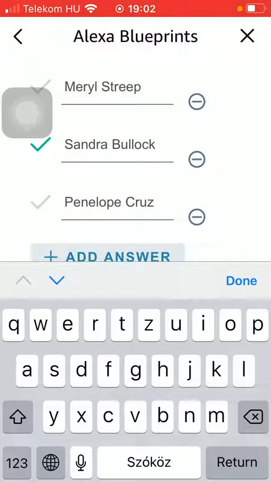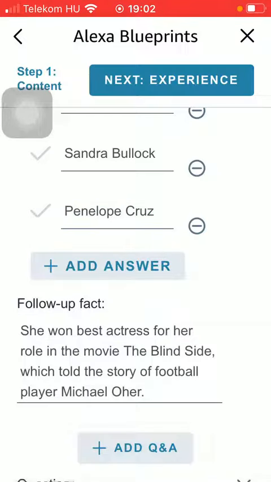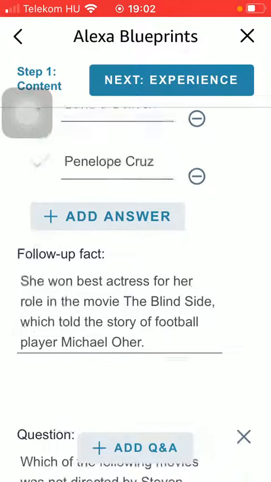game. Here you can find the answers, and then you should indicate which one is the correct one by this green checkmark icon. You can do that by tapping on the relevant checkmark icon once again, and you can add as many